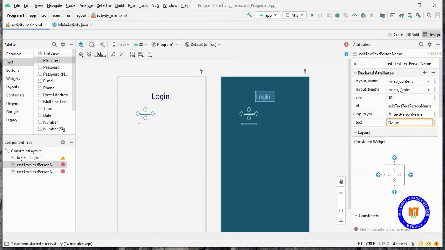Here I will be changing the attributes of the plain text. So for the first plain text, the ID I can give as username.